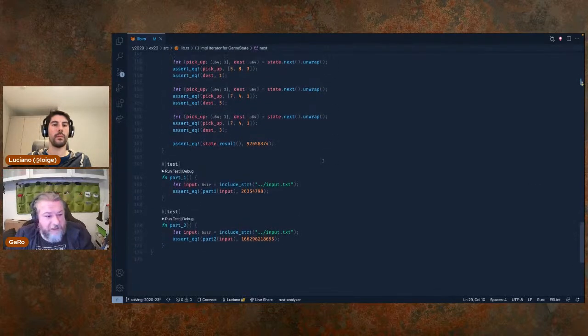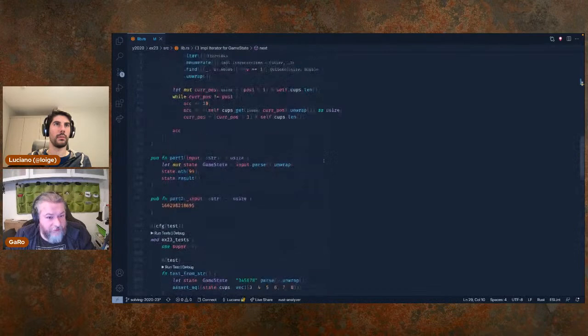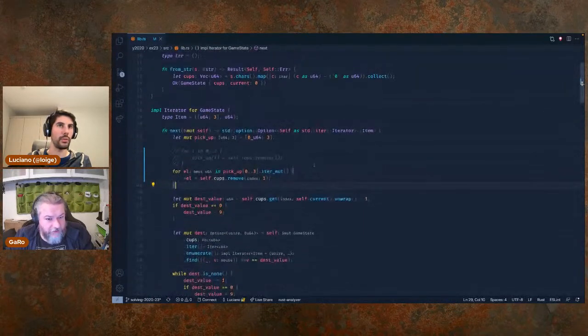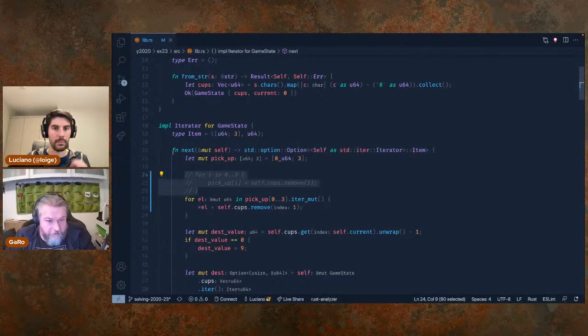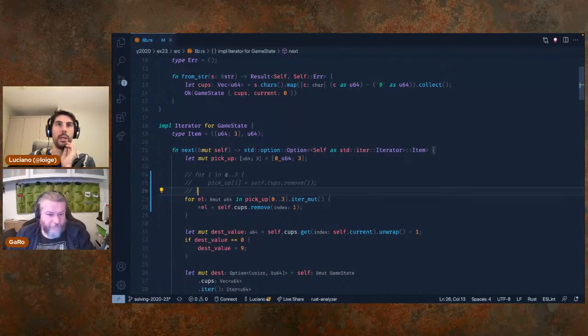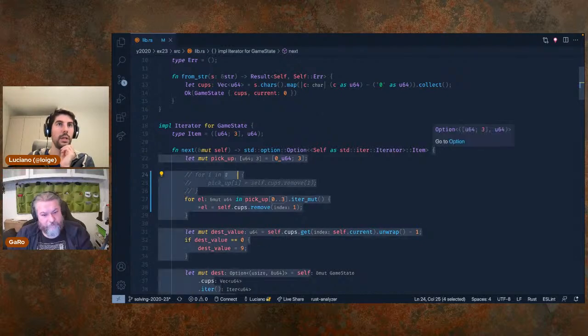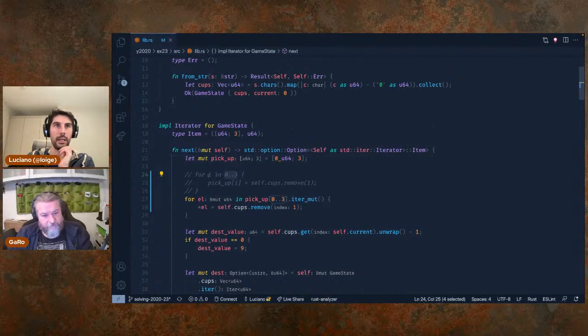When we merged, Clippy suggested an improvement. I'm going to show you very quickly. It's basically this one. I don't know if it's readable. Maybe like this is better. So basically, when you do a for loop with a range, like here we're going from 0 to 2, and we use that i only to index a slice or a vector or whatever is indexable, and then we do that to mutate the value at that particular position every time we do an iteration